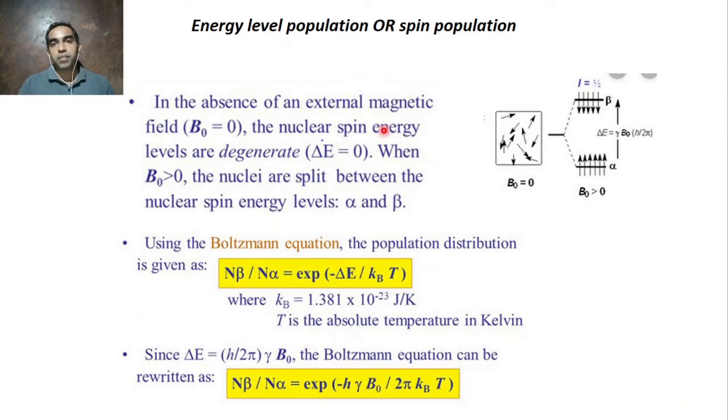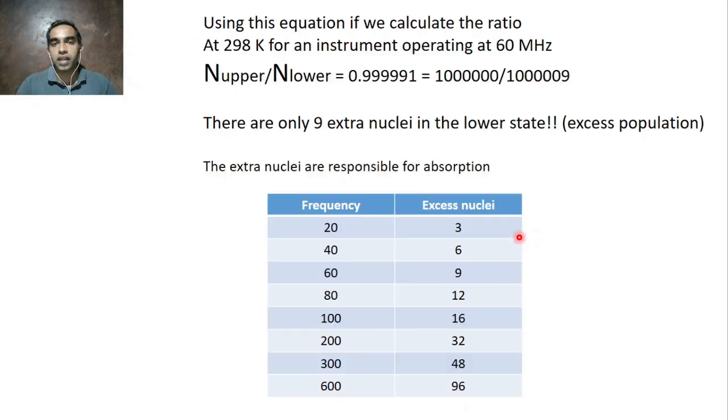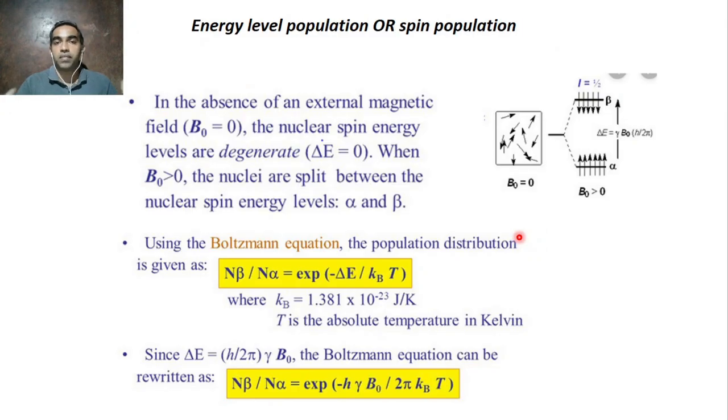And the energy level population, or spin population. See what you understand in the energy level population. I think you must be knowing the Boltzmann equation, energy distribution. At a certain temperature there will be energy states. As I already told you, when an external magnetic field is applied, some will align in the direction of the field, some will be opposite. But at a bit higher temperature, what happens? Most of them are already in the higher state, and some are in the lower state.